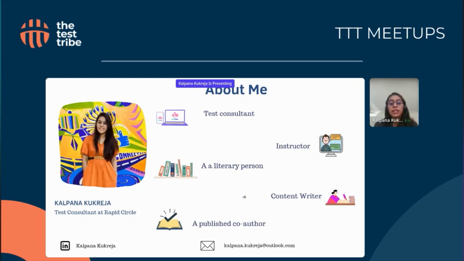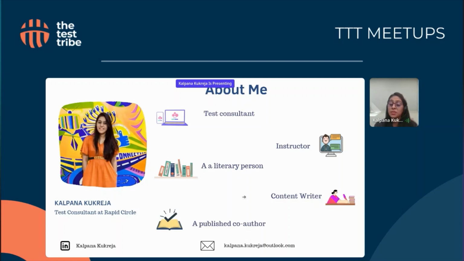And then I'm an instructor creating beginner-friendly test automation courses at Katalon Academy. I design and build courses, especially keeping in mind people who are looking at transitioning into the role from manual to automation testers, and they really do not know how to get started. The process might be overwhelming for them, so these courses are extremely beginner friendly.